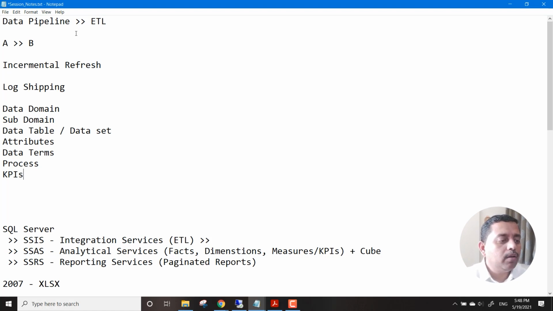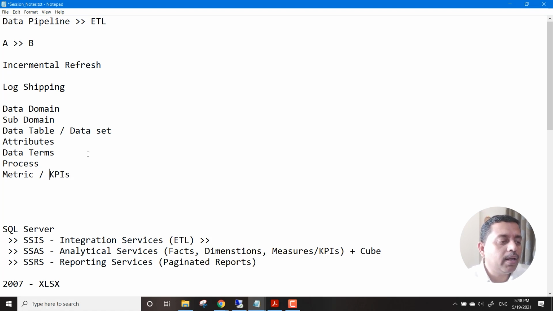So first of all, we need to understand that everything in a business data environment is a term. Everything is a term, and it has to align itself either to some process or to some metric. This KPI is nothing but a metric, the key performance indicator, as we call it.